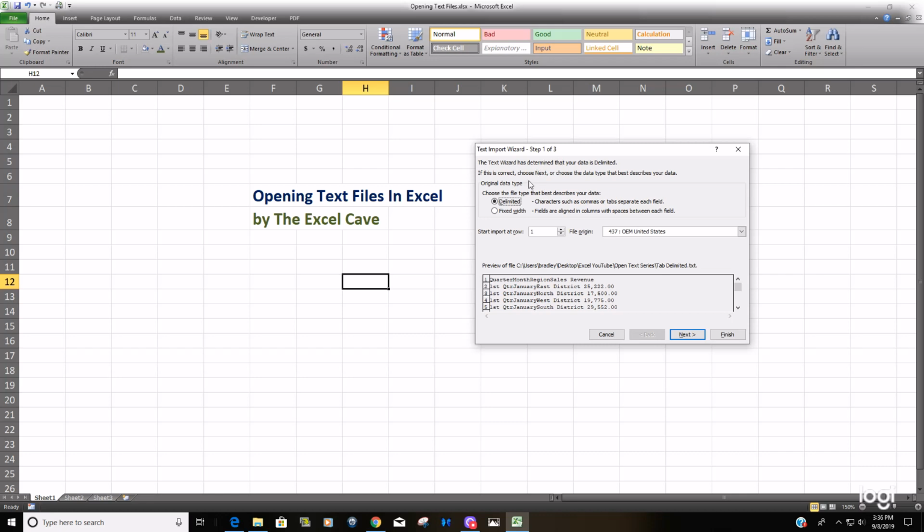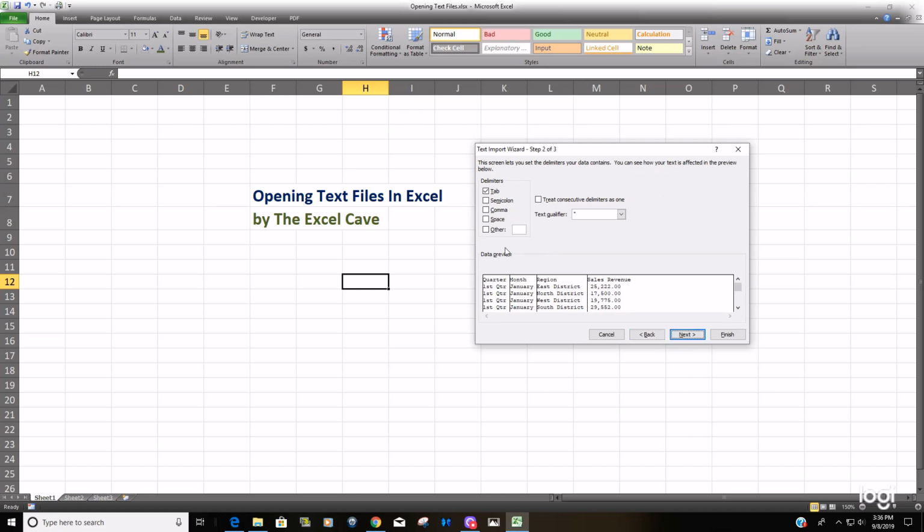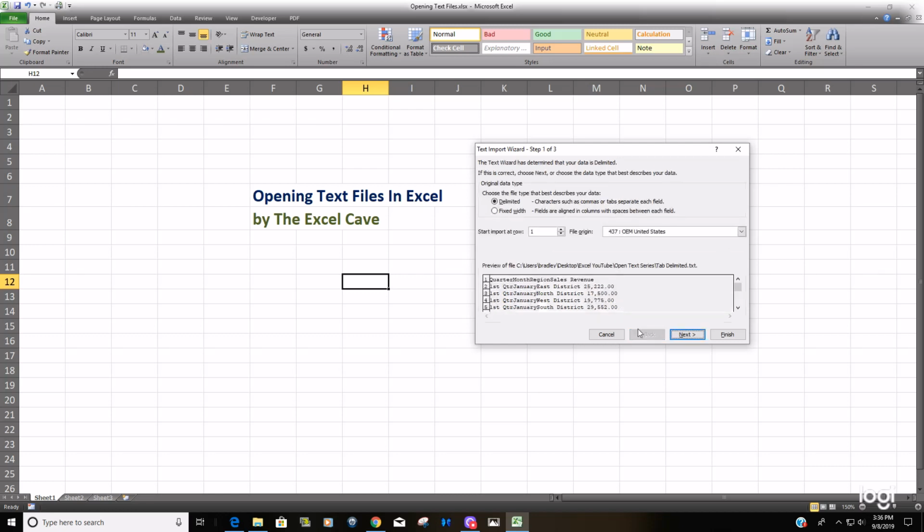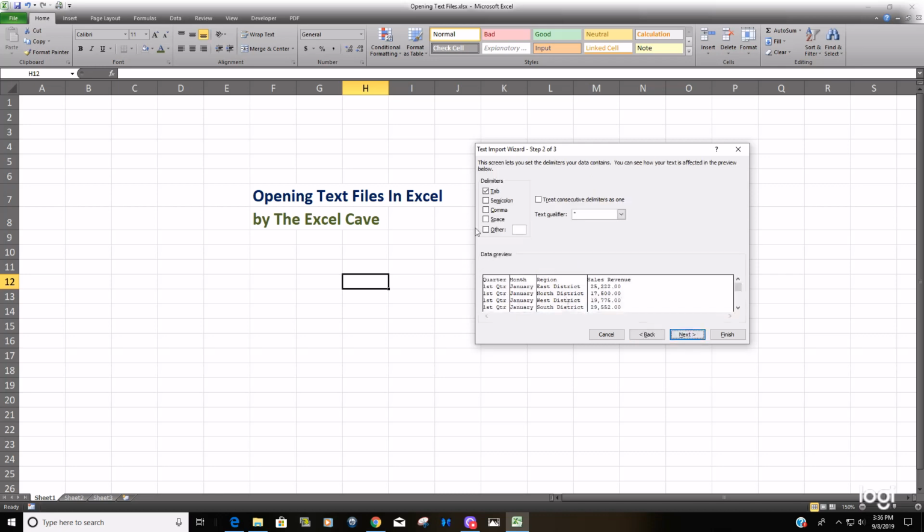So you have two options up here. You have delimited and fixed width. Normally what you would want to do is start out with delimited and hit next. If you need to go back and make it fixed width, there'll be a back button on this next screen where we can go back if there's no delimiter at all. So we're going to select delimited and hit next, and you can see up here there are options for the delimiter you want to choose. Normally Excel defaults to tab,